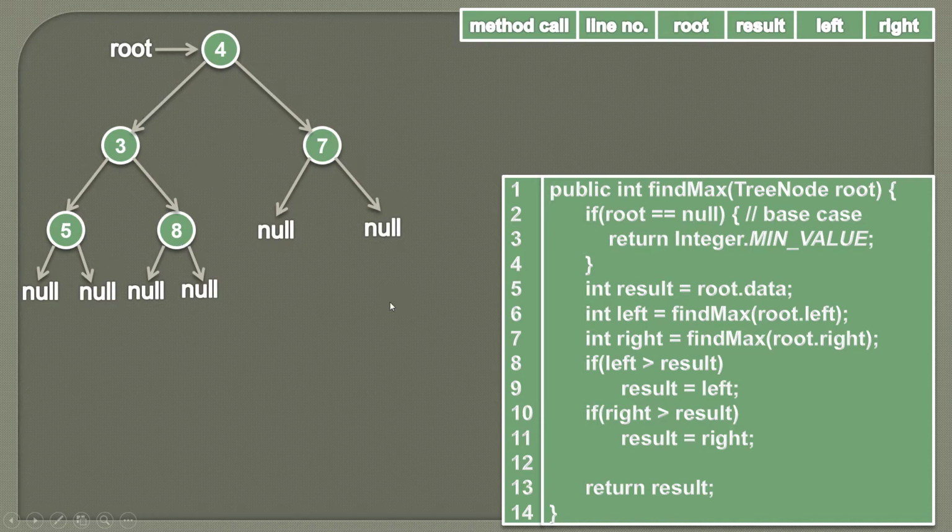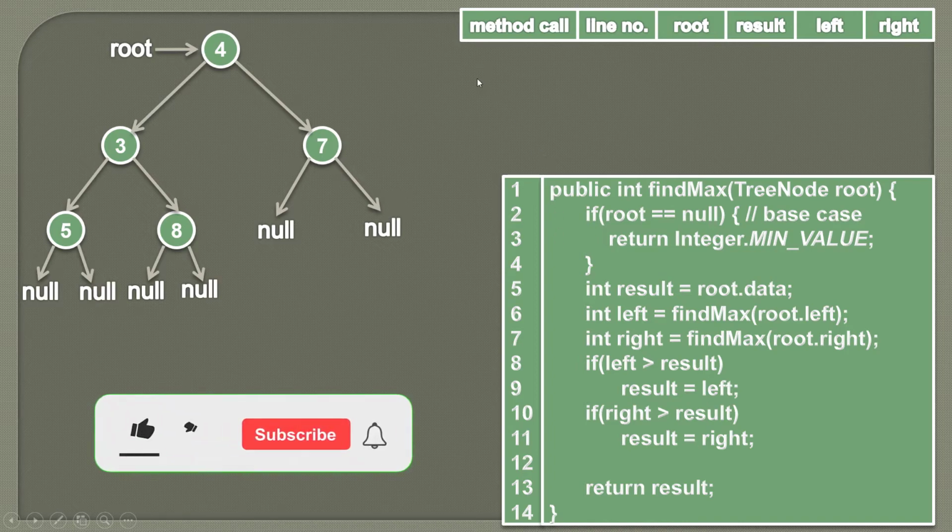So let's see the demonstration of this algorithm step by step, so that the idea of finding the maximum value inside this binary tree will be more clear to you. Also here you can see, as this algorithm is recursive in nature, when findMax gets executed, it will internally call findMax again. So in order to keep track of these methods, we will create a table which will be nothing but our call stack. So let's see how this algorithm and this call stack work together.